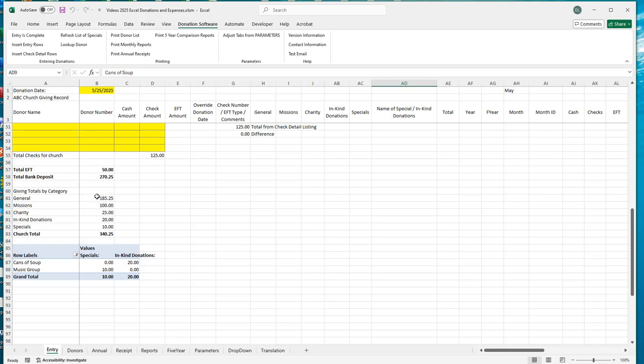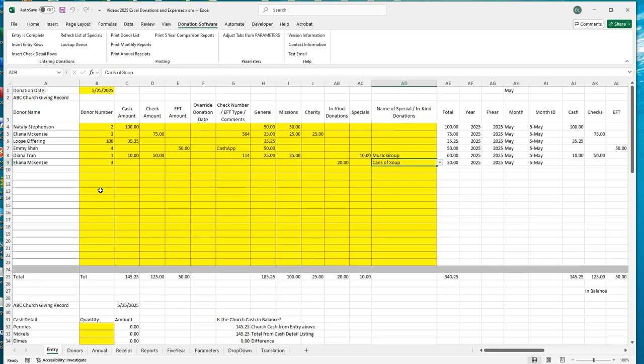Okay, so this is a very good representation of what it would be like to do your donation entry. And once we are done doing all of this, we're done with recording the donation. Now we want to save it and print the information we need, and then get ready for the next week. From the donation software menu, again, this is my custom menu, we will choose the option that says entry is complete. So we're done doing all of the entry here on this entry tab. So everything is complete. So we click on that